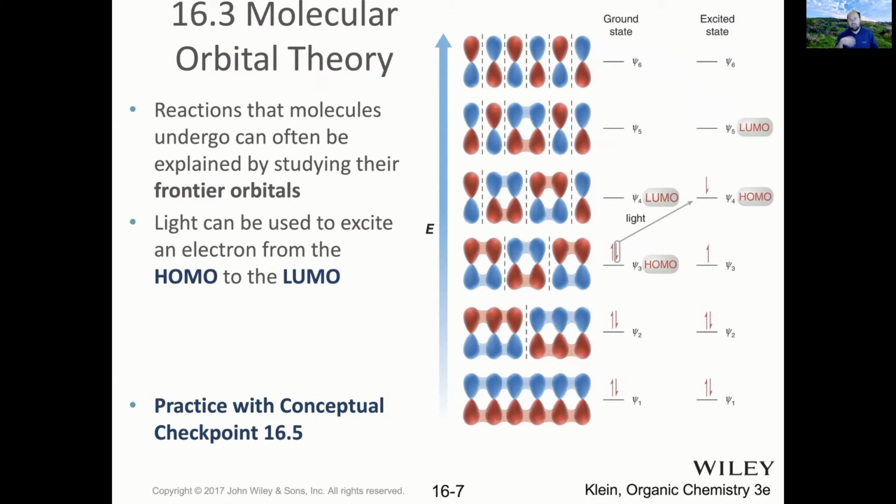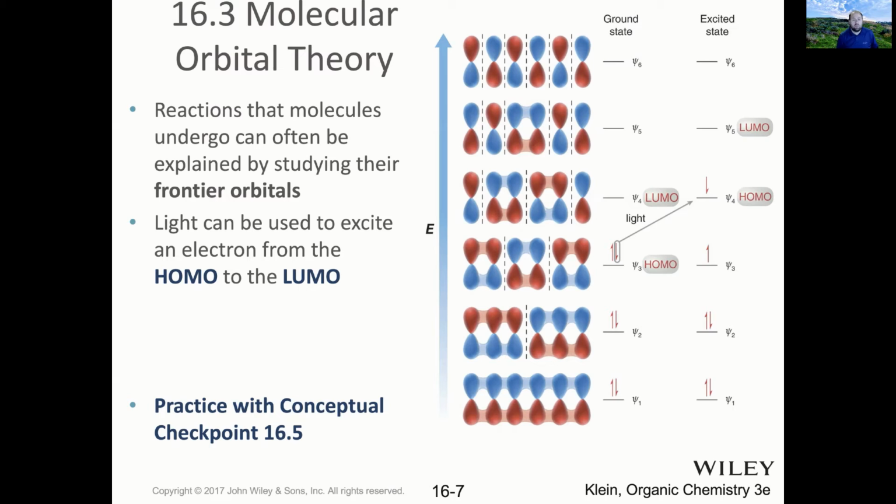We're going to find that in some cases, it's the ground state of these conjugated pi systems that are being used. And in other cases, it's the excited state if you're under photochemical conditions or if light is being exposed to it. And so just some useful terminology. We call the last orbital that you fill with electrons right here the highest occupied molecular orbital, or HOMO. And the lowest energy orbital that contains no electrons, we call the lowest unoccupied molecular orbital, or